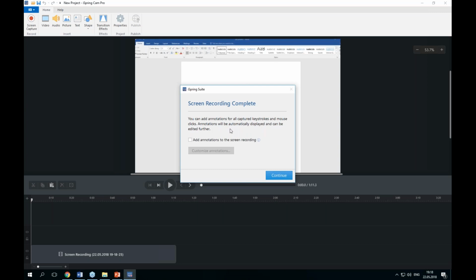So, what are the annotations? Annotations are visual hints that appear during a screencast recording. They automatically detect hotkeys, mouse clicks, or typing. Thus, you can easily explain the purpose of the pressed buttons or show the order of your actions on the screen. Let's add annotations to our recording by marking this option